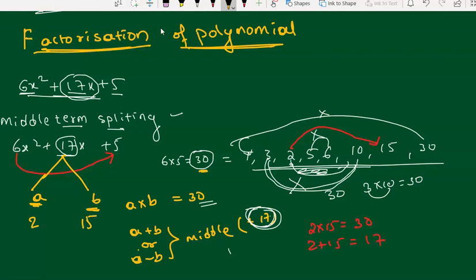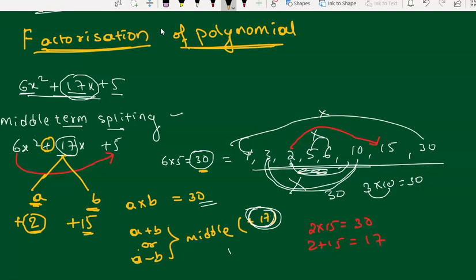And after selecting numbers, first copy the sign over here. What is the sign behind the second term? That is plus. Copy that sign to the bigger term. Okay, bigger value, plus 15. Now to get 17, should I add 2 or should I subtract 2? To get 17 I have to add, right? If I take minus here, I am going to get 13. So I will take plus here. So this symbol depends upon this case, but for the bigger value you should copy the symbol of the second term.